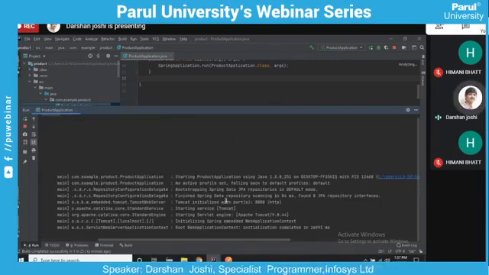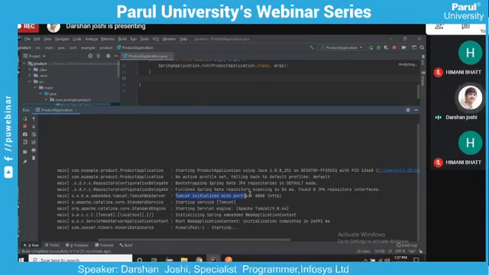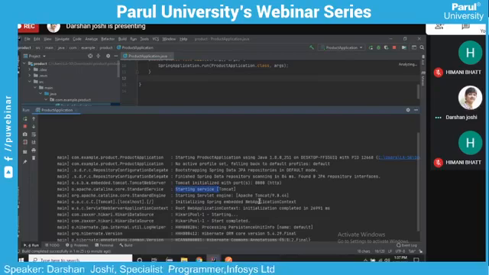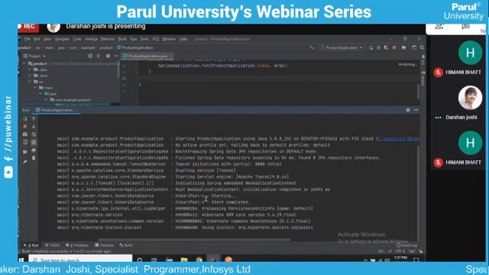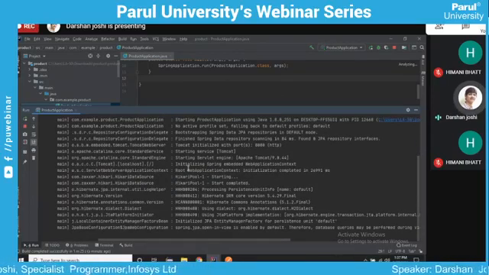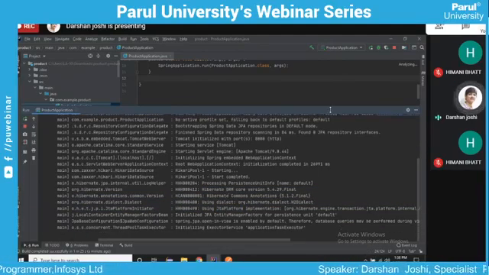As you can see in the logs, the Tomcat server has been initialized on port number 8080 and it's starting the service. Though we have added the H2 database, which is an in-memory database, it's initializing Hibernate and all the database things. We have added JPA as well in the POM file.